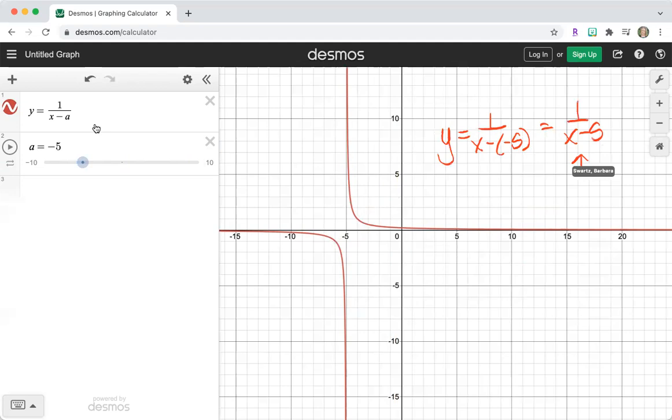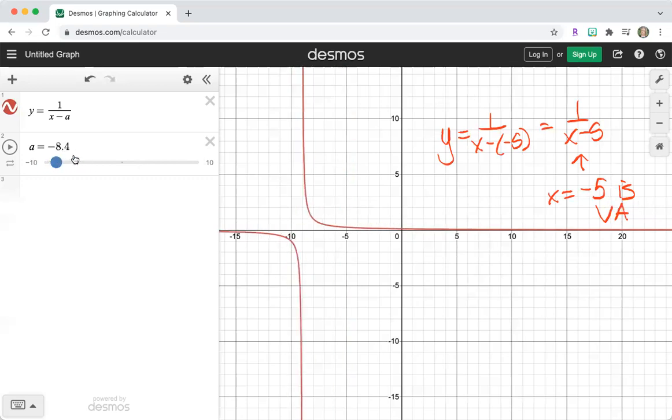So x equals -5 is a vertical asymptote. You can abbreviate that to VA. So you can slide that around, play with that. But now what I want us to see is things can